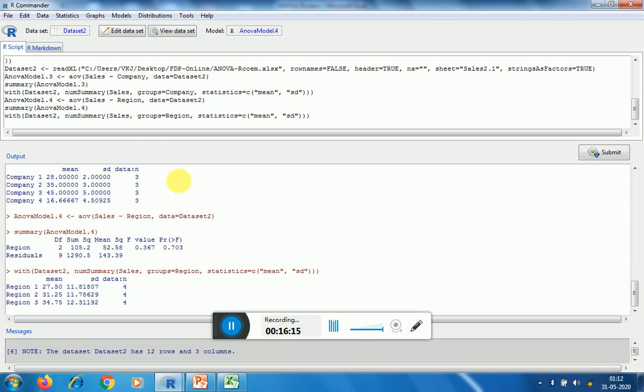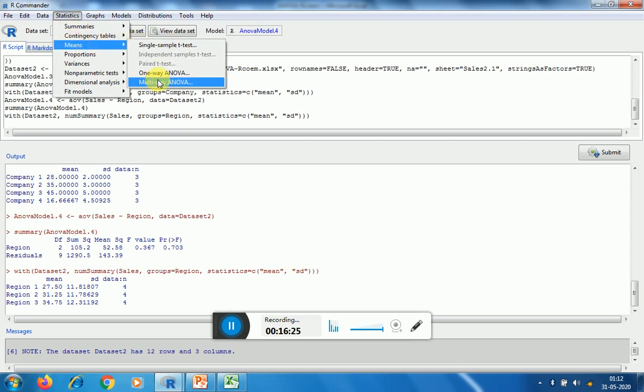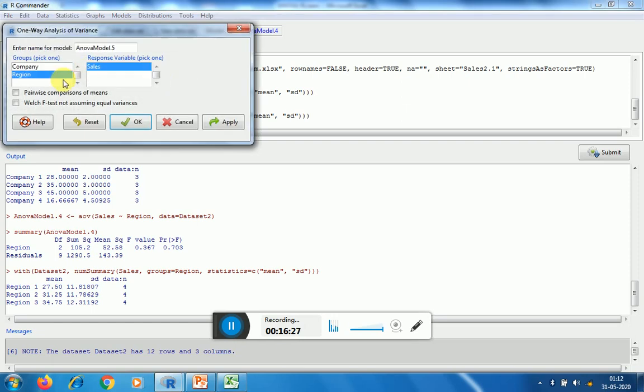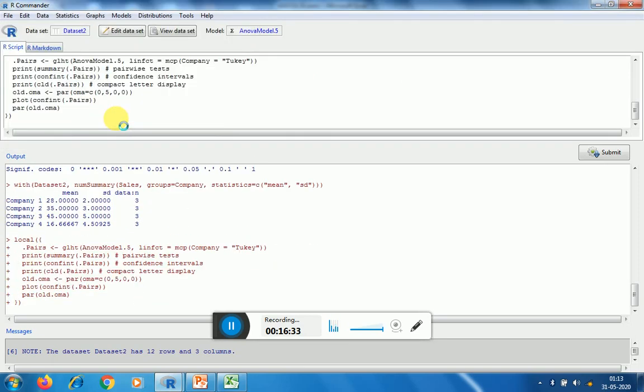Now if I want to go into more details with regard to in which companies the significant difference is more prominent, so again I can go into means, one way ANOVA, select the company, pairwise comparison, and OK. So the pairwise comparison analysis is in process.